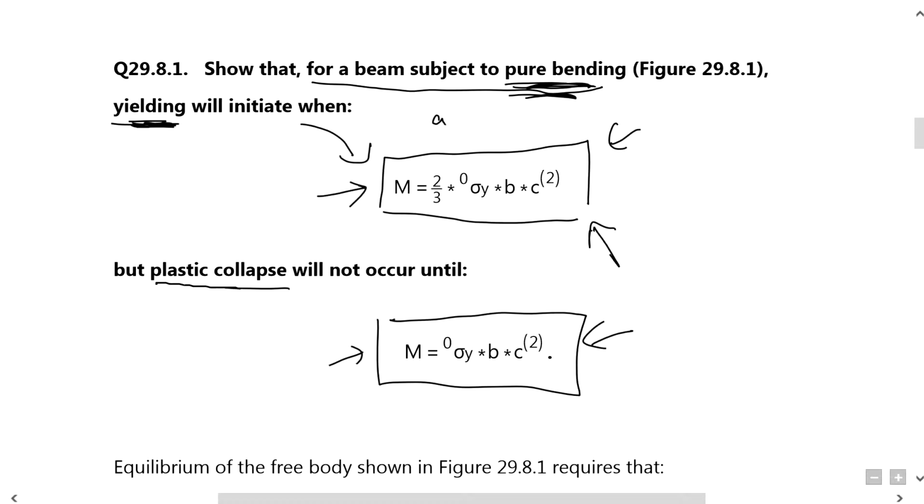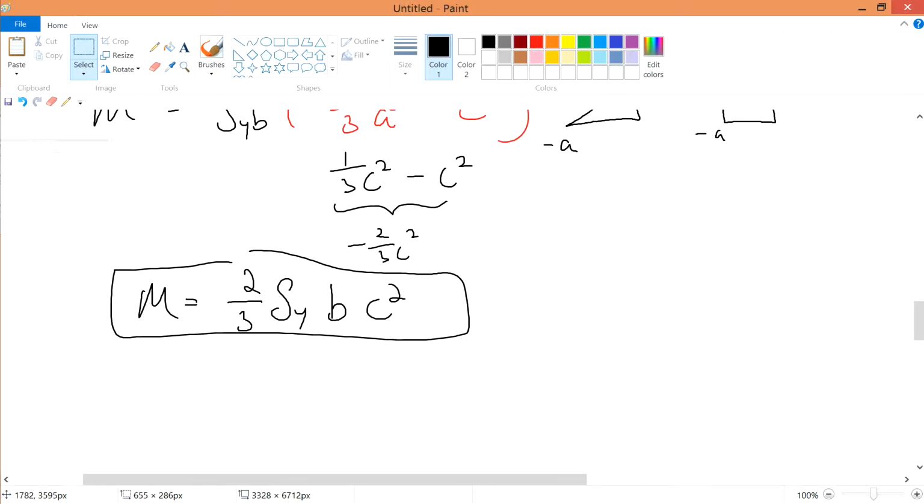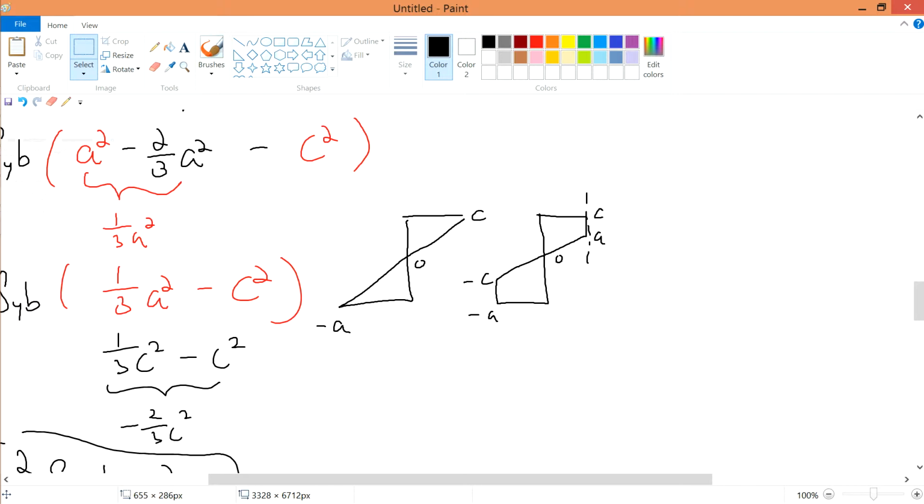So what if the plastic collapses? If the plastic collapses, what does this mean? It means that if you further bend your beam, you eventually reach a point where a reaches 0, where a is equals to 0 because it's at the neutral axis. So far so good. And please take note that we're not talking about x-axis or y-axis. We're not talking about all this. Therefore, we just simply substitute whenever a comes. If a equals to 0, this means that